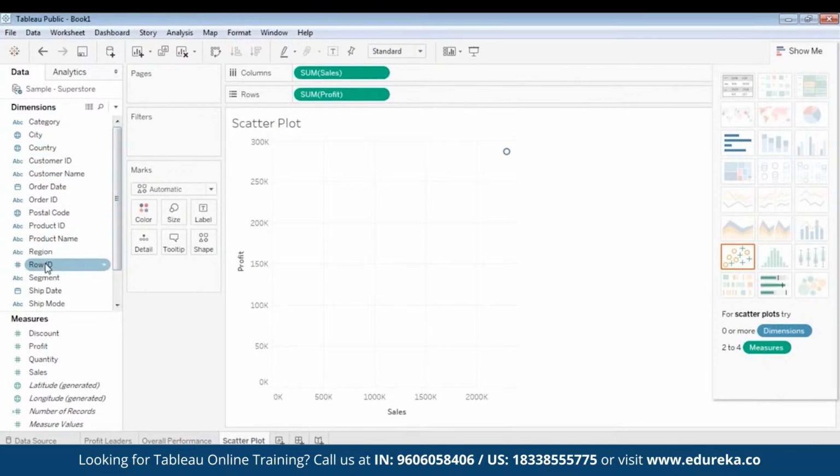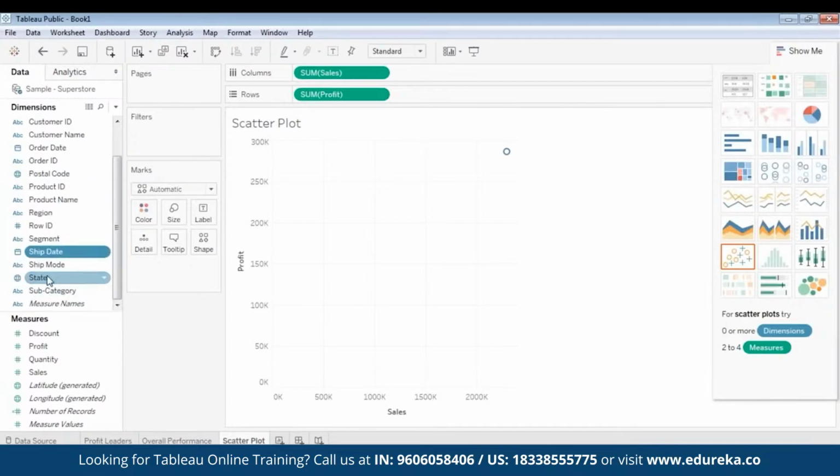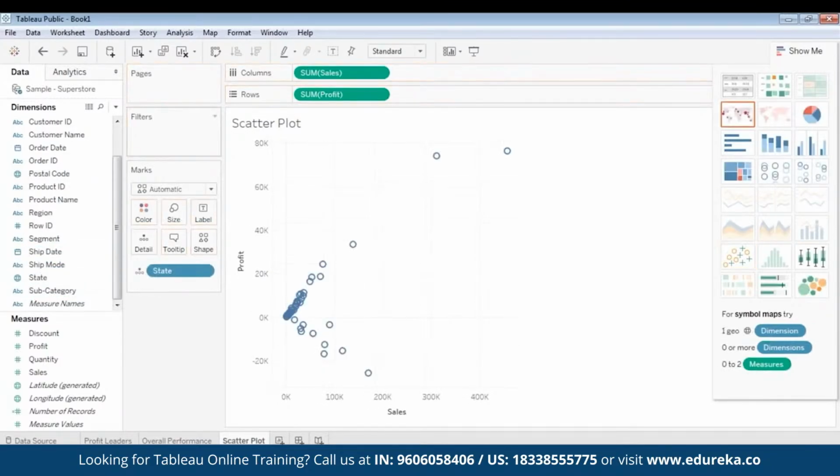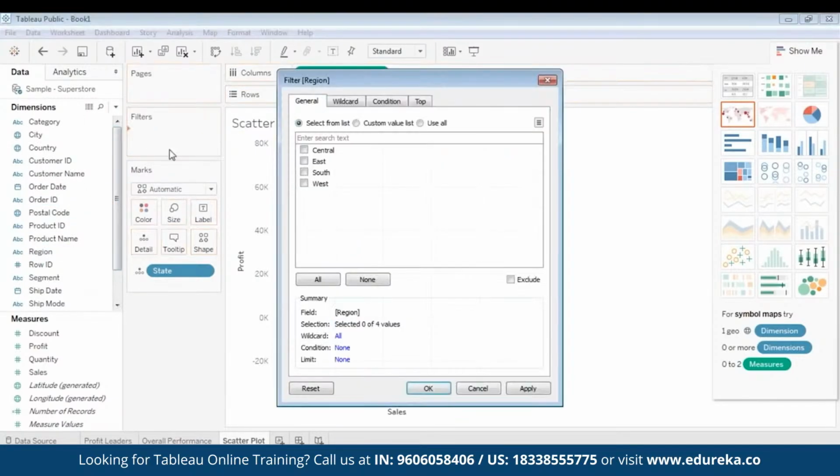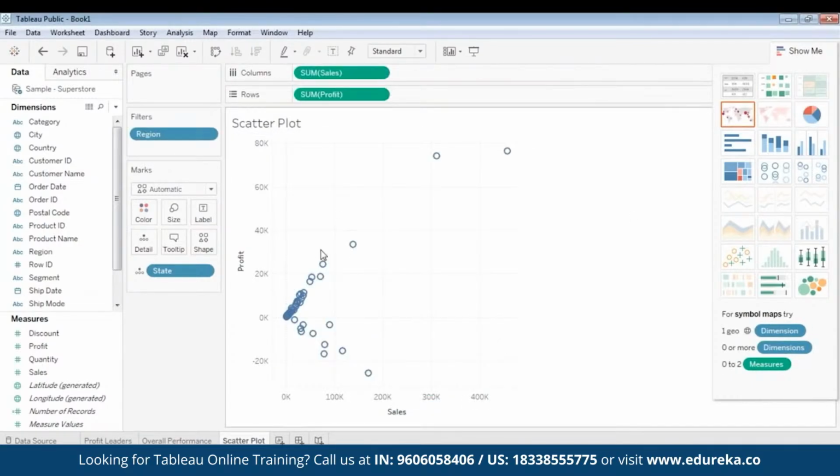So there are different states. I will go here and select state, and I will filter it by region. I will select all the regions. So now the relationship between sales and profit according to all the states has been